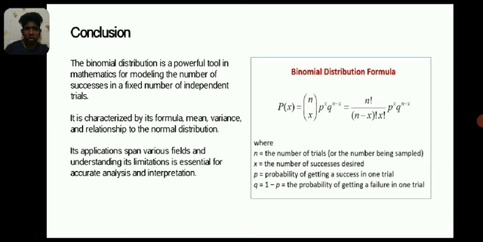Binomial distribution formula. Here is the formula where n represents the